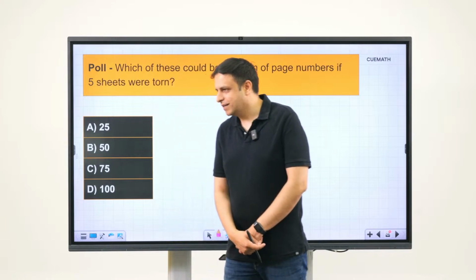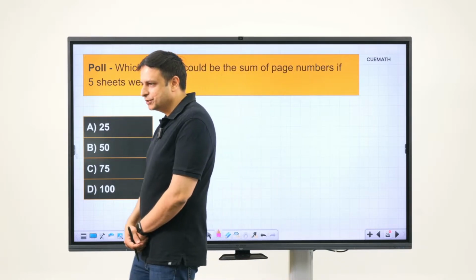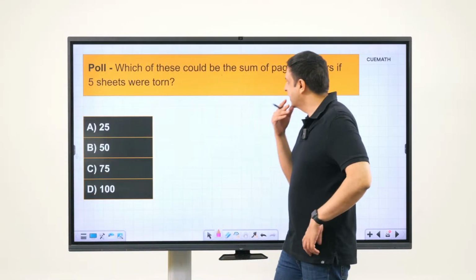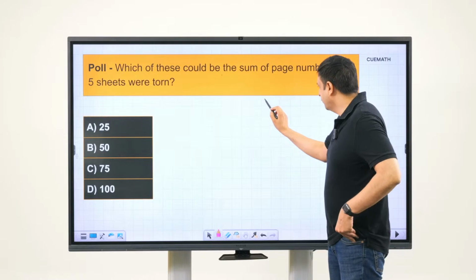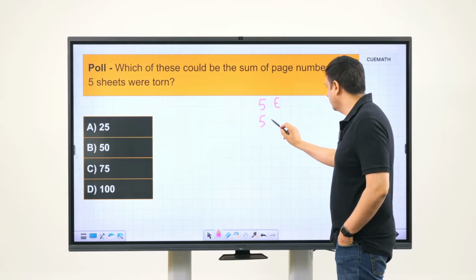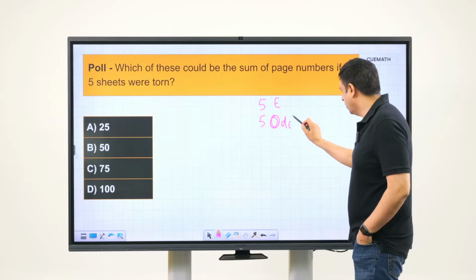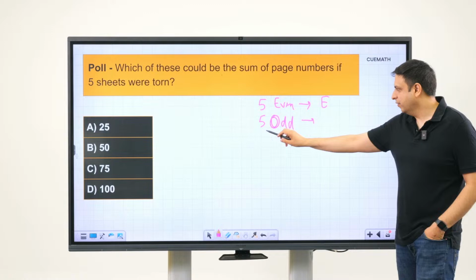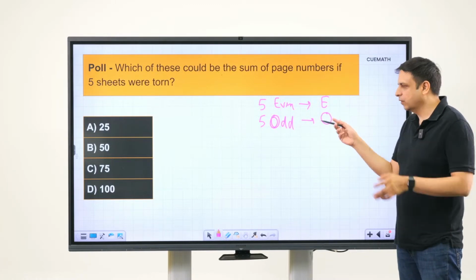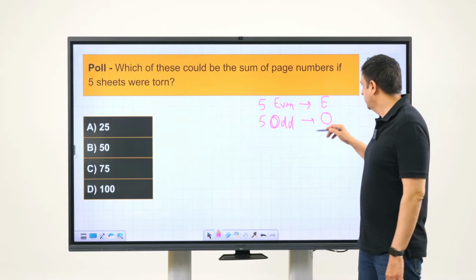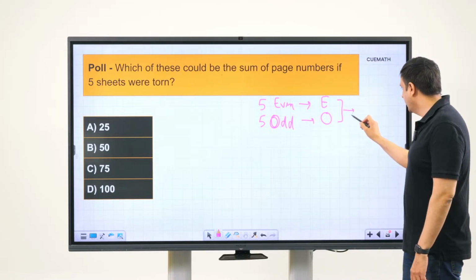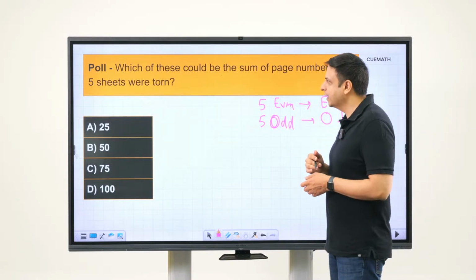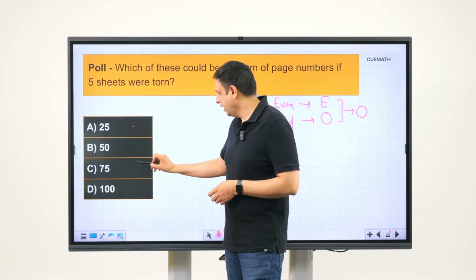So 56% of you have picked the first option, which is 25. So let's see if that is indeed correct. 5 sheets torn means you will get 5 even numbers and you will get 5 odd numbers. The even numbers will sum to an even number. The 5 odd numbers will sum to an odd number, because one of the odd numbers can't be paired with another odd number. So you have even and odd, and now this will give you an odd number as the final sum. So you know for sure that the sum you will get is odd, and there are 2 options here. There is 25 and there is 75.